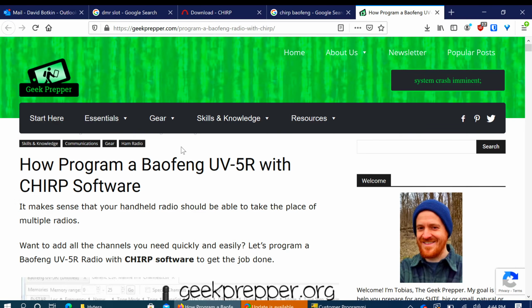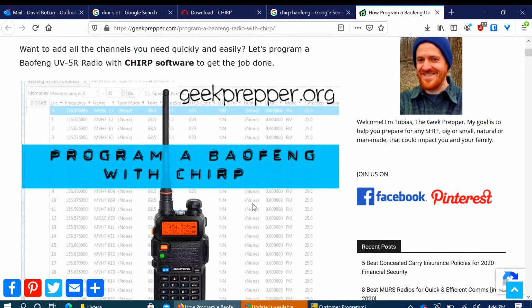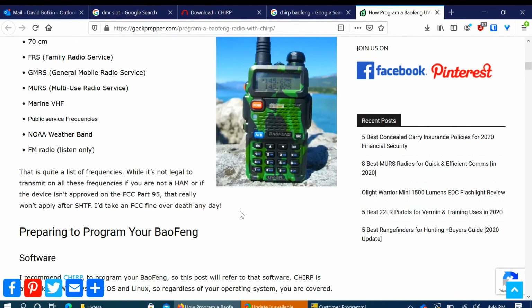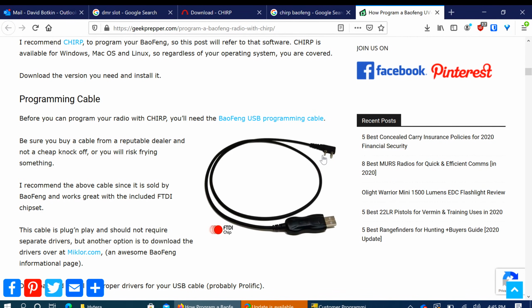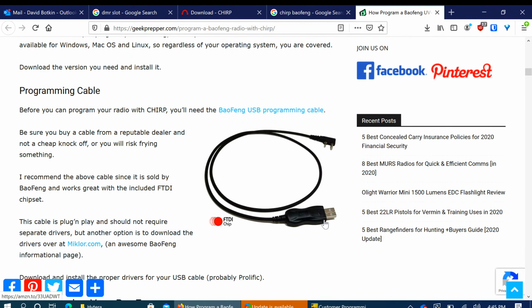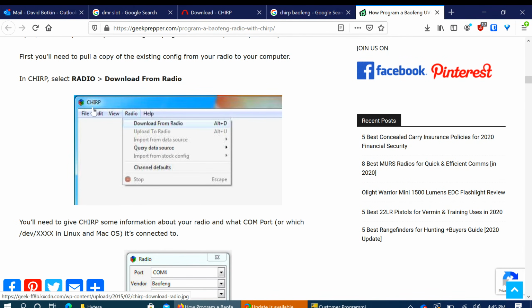So I think what we'll do, Charles, if you can flip over to my computer monitor, I'm going to start off by talking real briefly about the Baofangs and what's involved in programming those. Super easy to program. I should have brought my programming cable so I could actually load one up, but I went to the internet, found a super easy tutorial, and basically what you do is you get your Baofang. It has a port on the side. You can see those little pins right there. That plugs into the radio. This plugs into your computer, as you would expect. And then you use a program called Chirp.